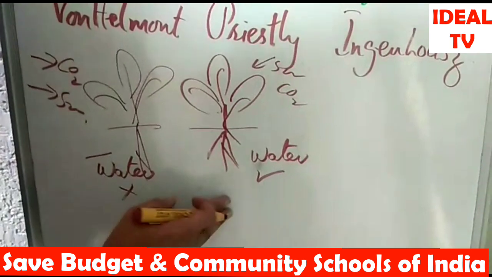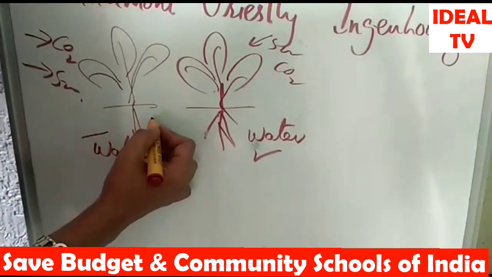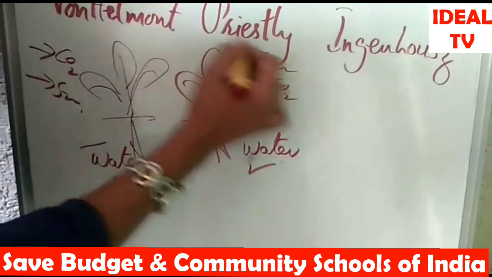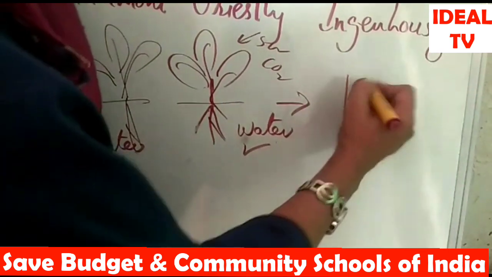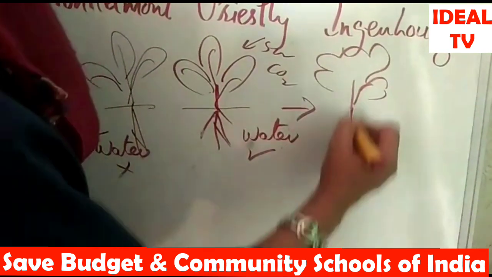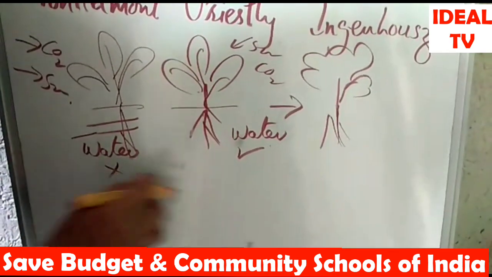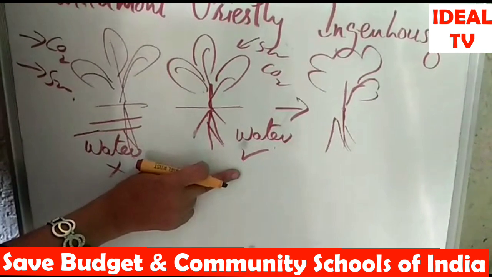After a few years, he observed that the plant without the presence of water did not grow up, while the other plant to which water was supplied grew into a well weighted plant, like a tree, whereas the first plant got dried up. So this was Von Helmont's experiment to prove that water is essential for photosynthesis.